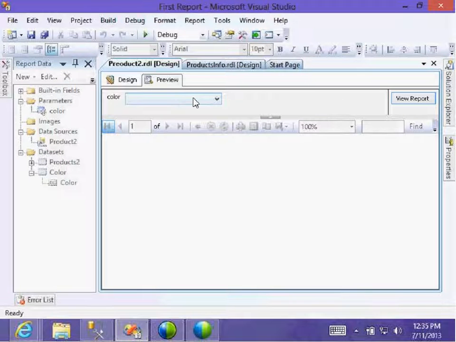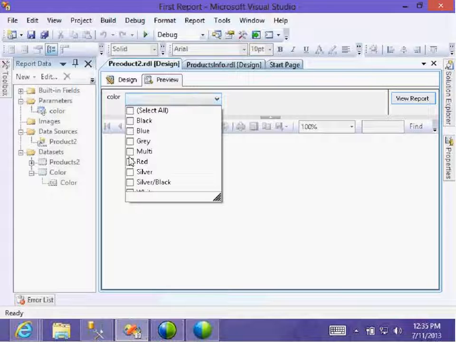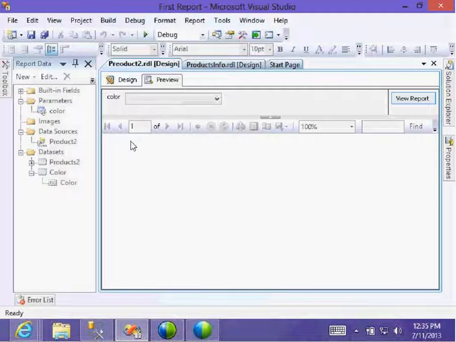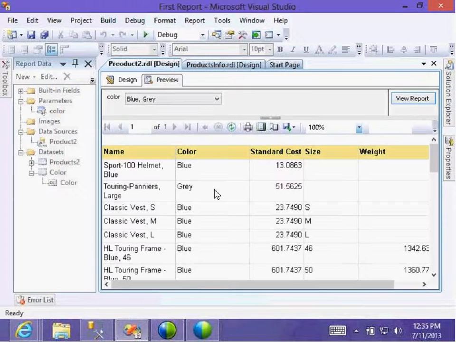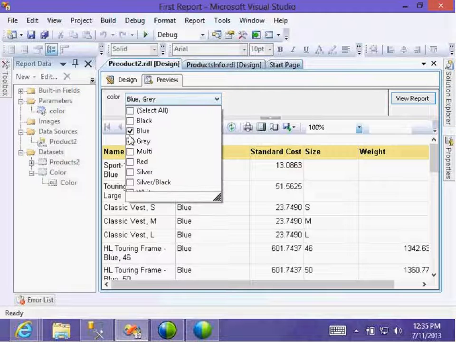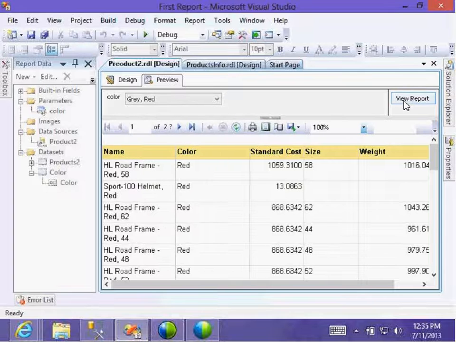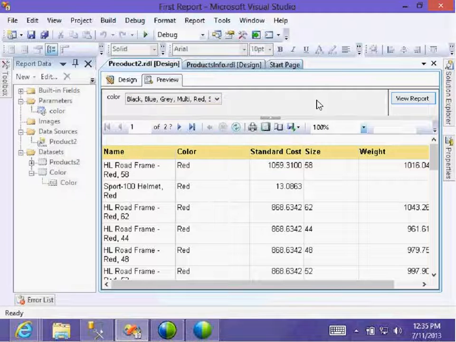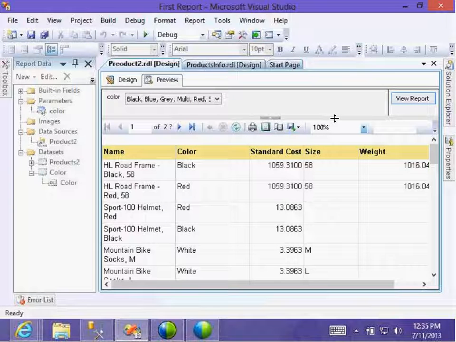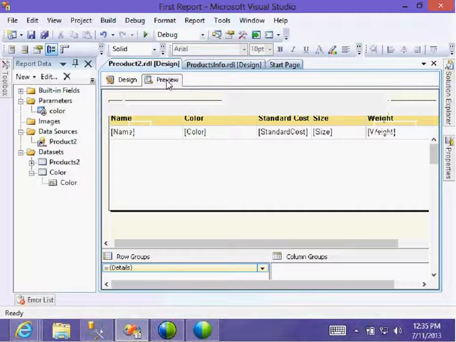Then whenever you are seeing the preview, you will get one checkbox for that. There should be select. Okay, this is selecting the multiple parameter.